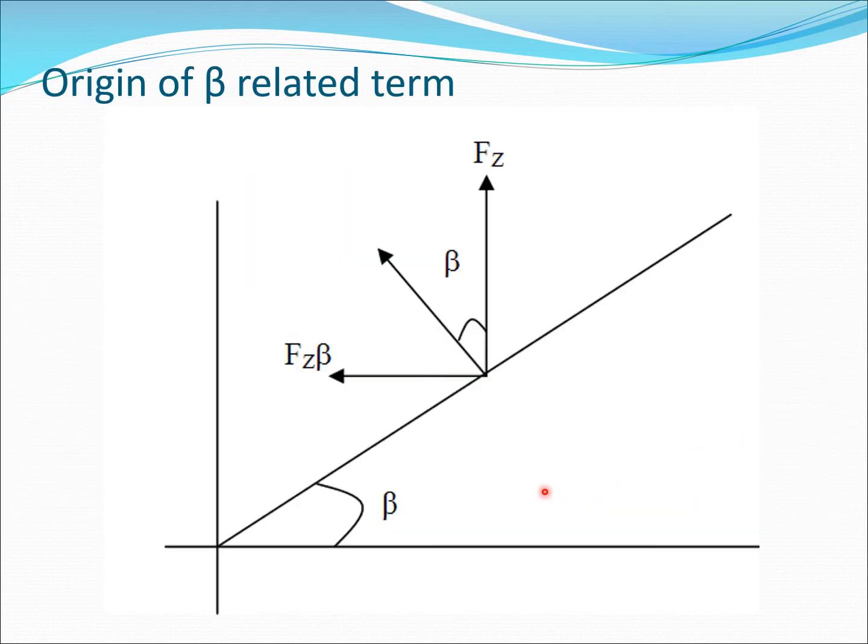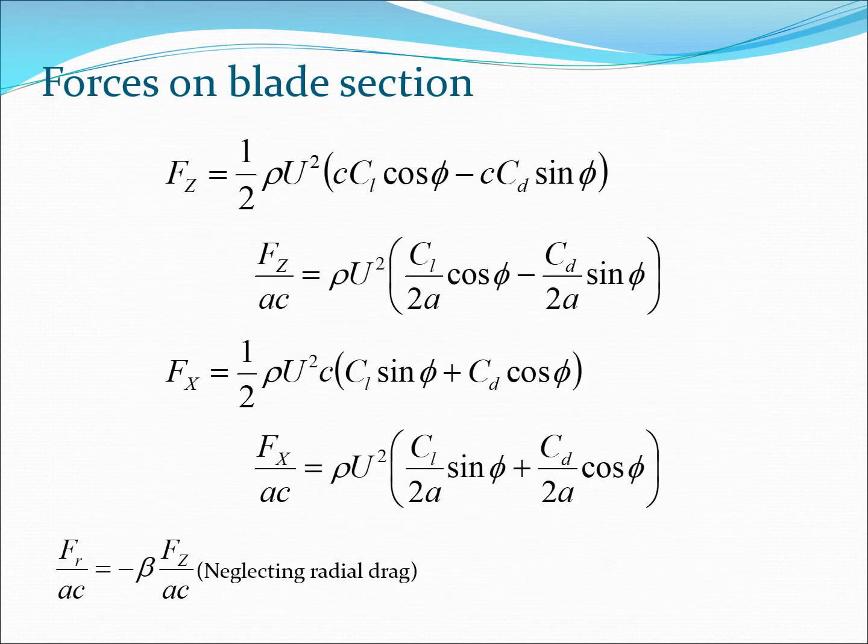So let's look at the component Fz beta. If Fz is the force acting in this direction and beta is this angle, then we will see there is a component of the force here which we need to take into account in some cases. So this is the beta related term. So now what we would do is we would take our expression for Fc and Fx and substitute in for